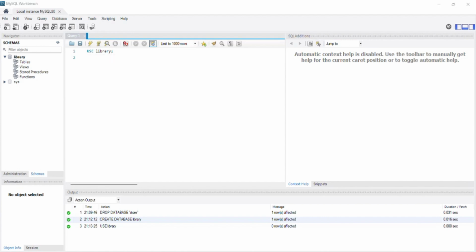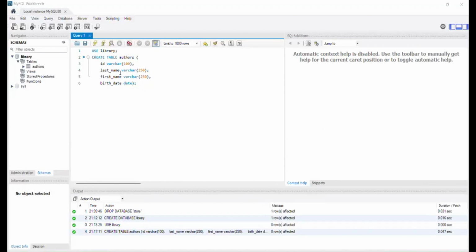In my case, I prefer to delete them and write them all newly. I'm going to copy the command to create